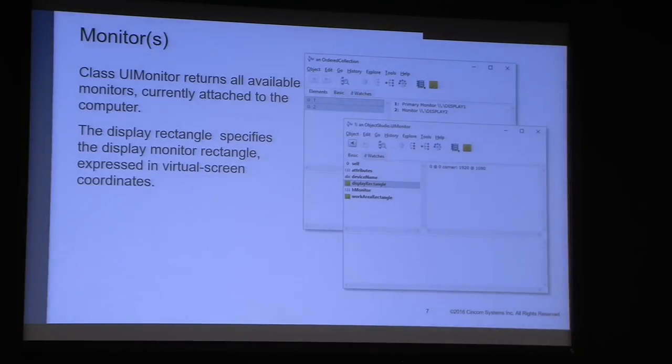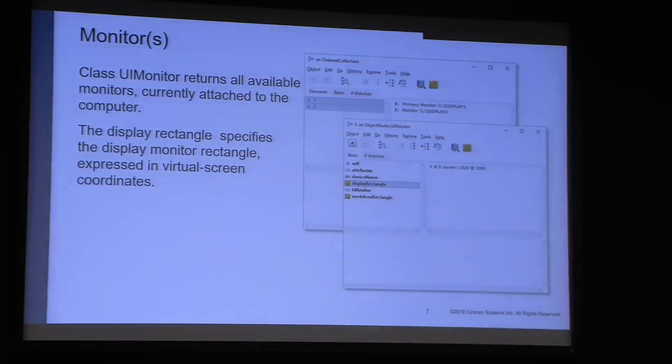Monitors. I love my two screens that I have attached to my machine, and I wouldn't want to work without those two screens. Having a tablet and running Smalltalk on top of it with all the different windows, driving me nuts. Sorry, but I love those big two screens. Of course,